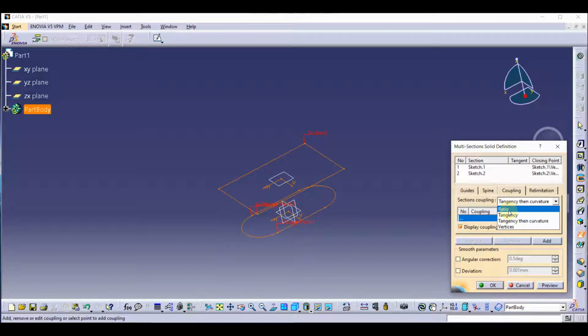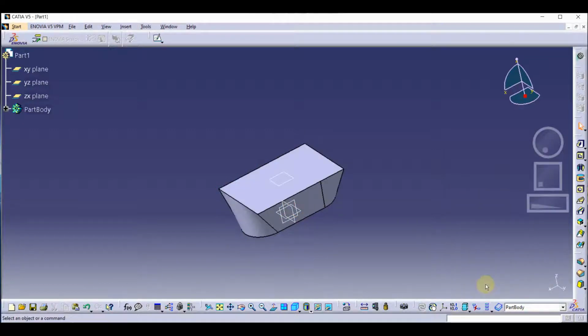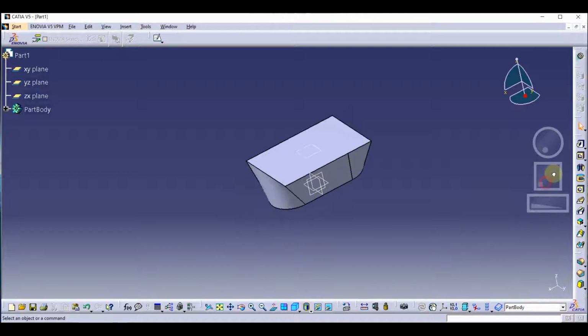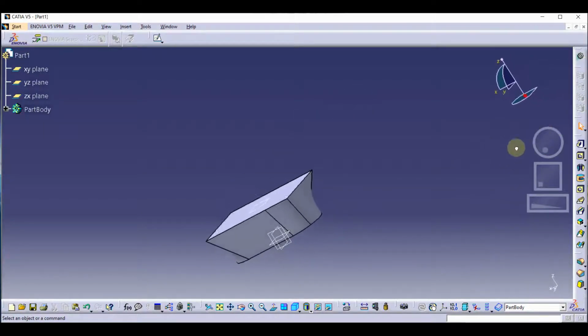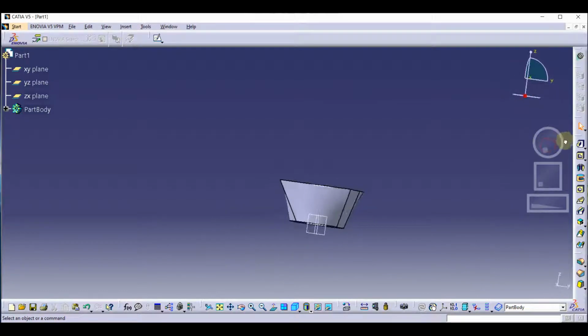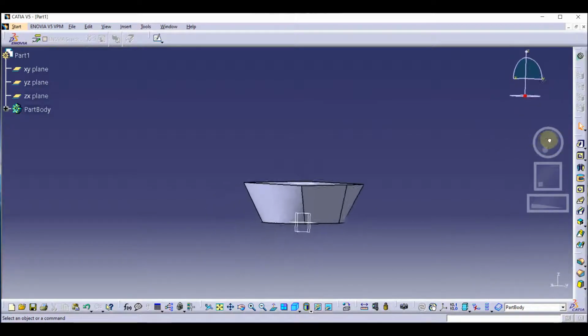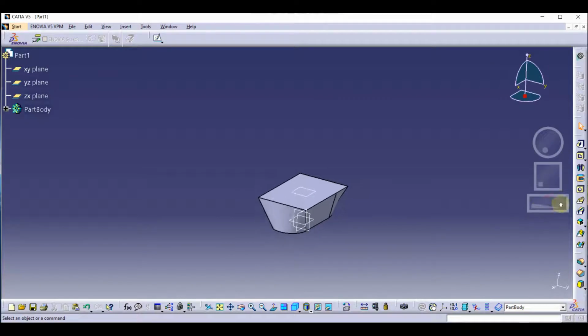Simply we are going to use the option ratio because it joins every sketch. I click on it, and now I will press OK. Now you will see we have joined our sketch using the multi-section tool.